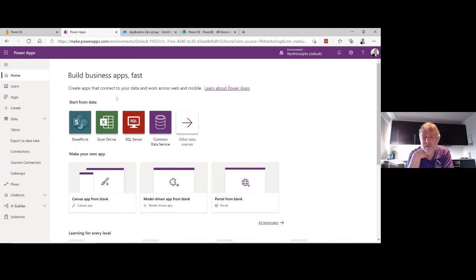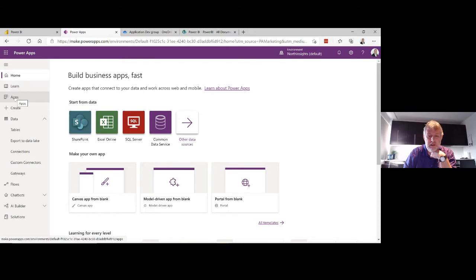If you want to use the SQL Server connector, custom connectors, or a bunch of other connectors, they are premium connectors, meaning that you will need to buy a specific license for everyone that uses the app. So just be aware of that.